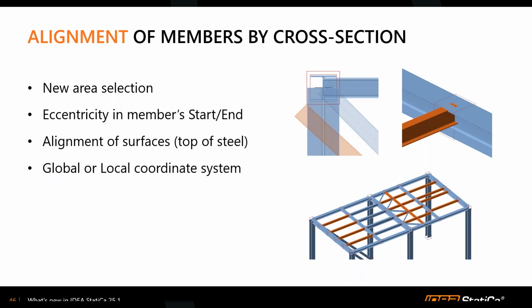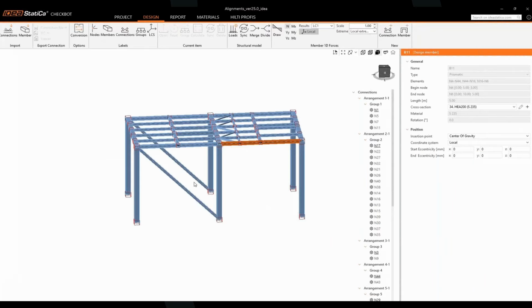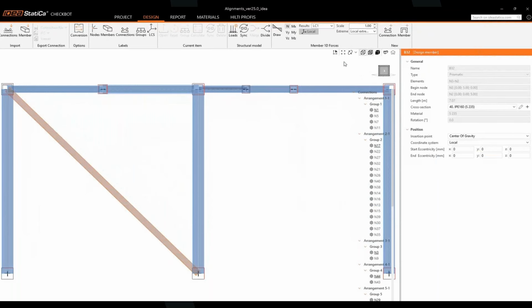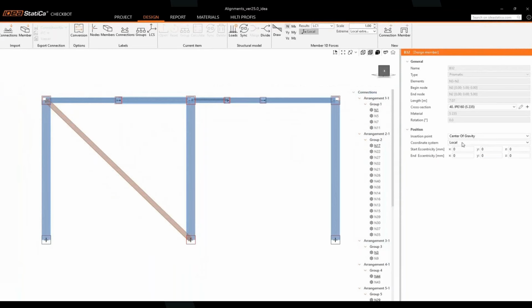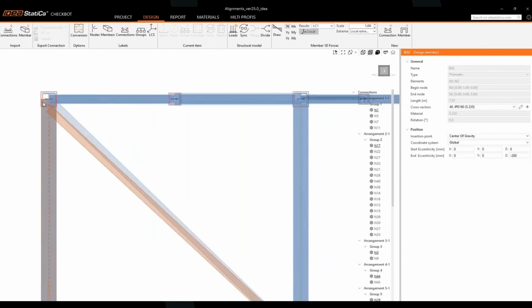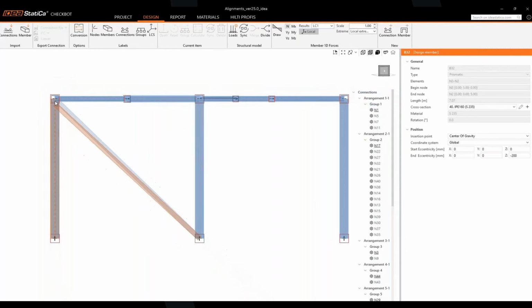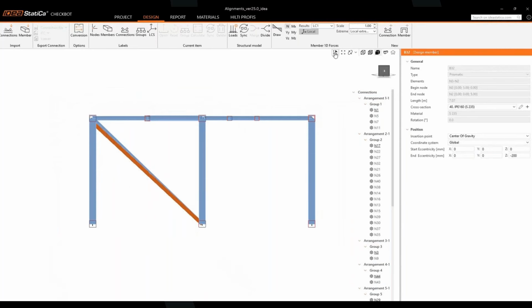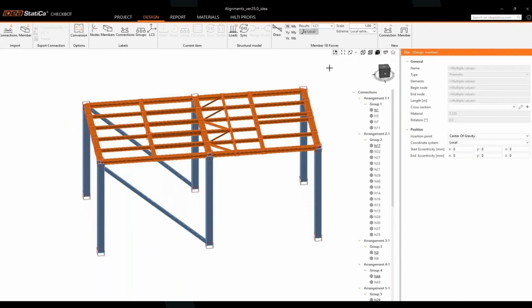So let me just share a little bit of this. We take a look into this and see how does this work. I have here a very simple steel frame where all members are set from the global FEA. Here we can see that we have to make some offset, and these offsets sometimes are according to the neutral axis or to the center of gravity. And if we want to make some adjustment, because sometimes we have to do that,